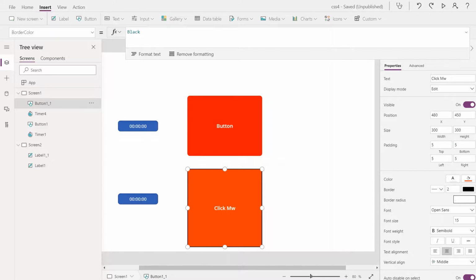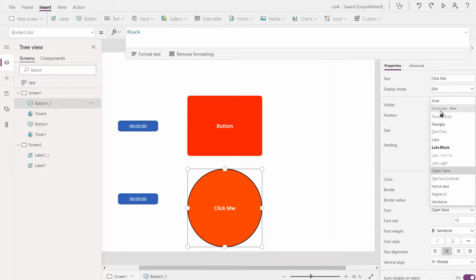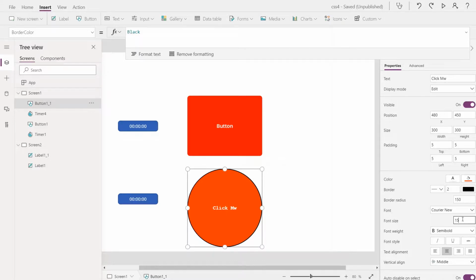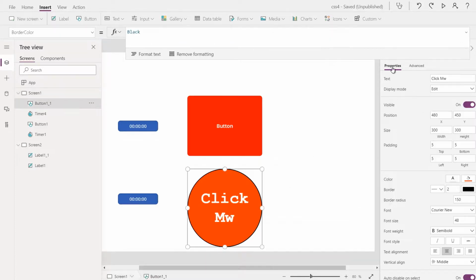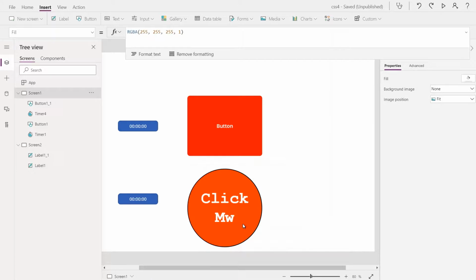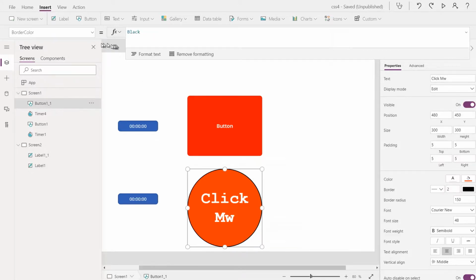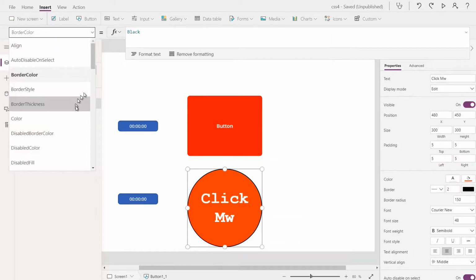Border radius, let's make that 150, which should give us a perfect circle. Lovely. Okay, change the font to Courier New. We're going to change the font size to 48, make it nice and big. Oops, that's not right, is it? There we go. Now, if I look at the fill color for the button,